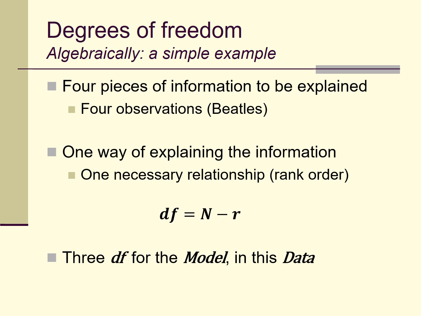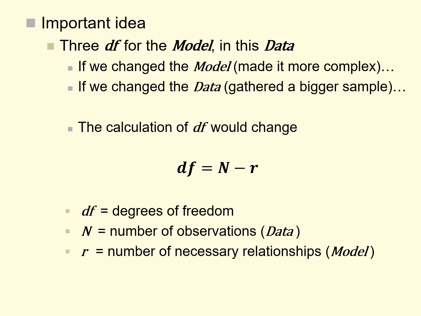So degrees of freedom equals n minus r. 4 Beatles minus 1 relationship, that is rank order, equals 3 degrees of freedom for this model in this data. Now, an important idea here is that we have 3 degrees of freedom for the model in this data. However, if we changed the model, in some way made it more complex than just simple rank ordering, or if we changed the sample size, if we had more or less data, that calculation of degrees of freedom would necessarily